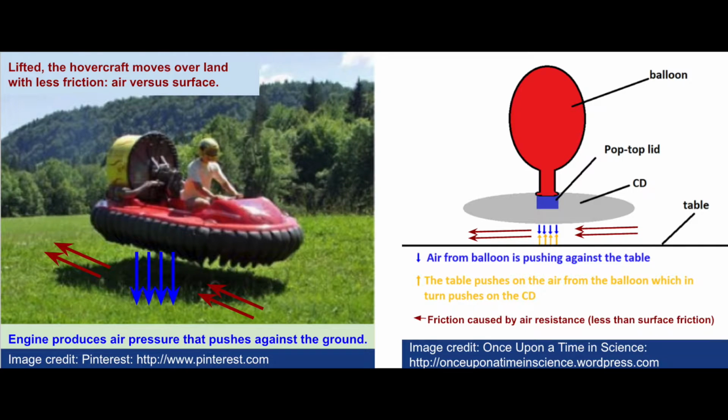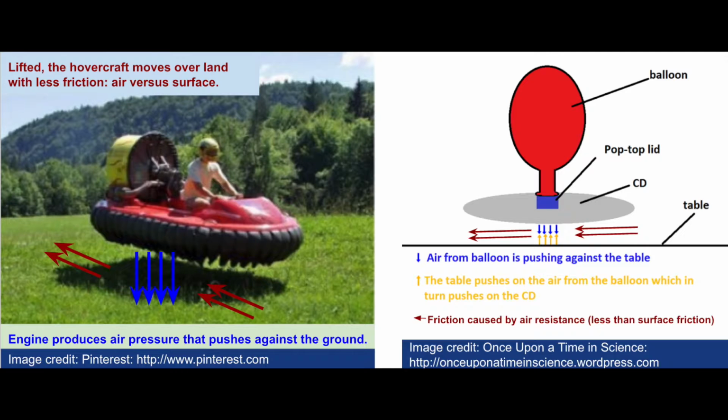Now let's apply this idea of friction to hovercrafts. For a hovercraft to float above a surface, such as land or water, the engine must produce enough air pressure to lift up the hovercraft. In the air, the hovercraft moves easier, smoother, and faster. This is because air resistance, a type of friction, is less than friction on a surface such as water or